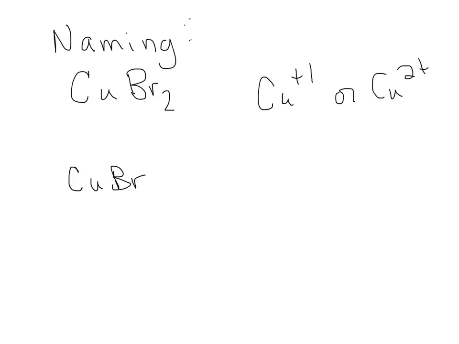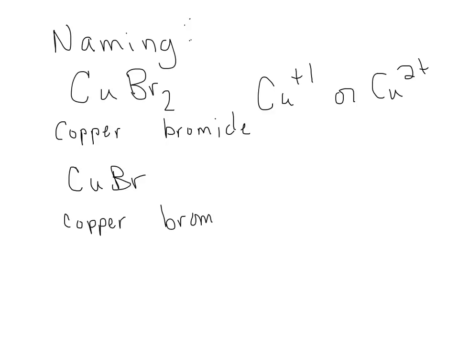Now, we've got to be able to tell everybody which of these coppers has a +1 and which has a +2. To start with, though, we're going to name these just like we previously named all other ionic compounds. We write the name of the metal down, leave a little extra room before writing the name of the nonmetal. So we write bromine and change the ending to bromide, just like previously. So both of these are going to be copper bromide. But now we need to tell everybody whether this first one is copper +1 or